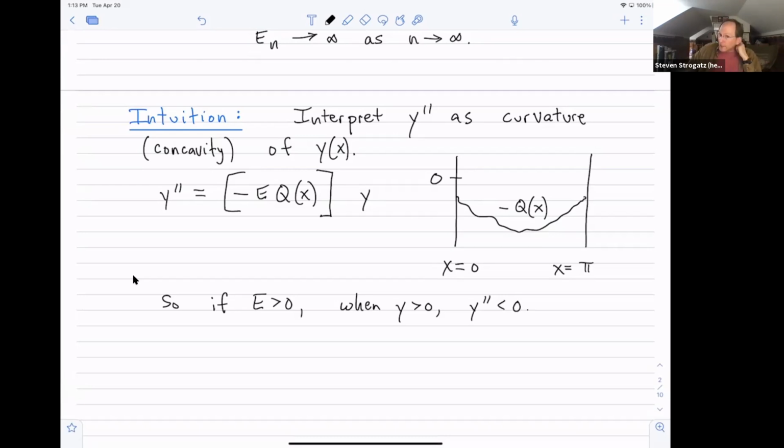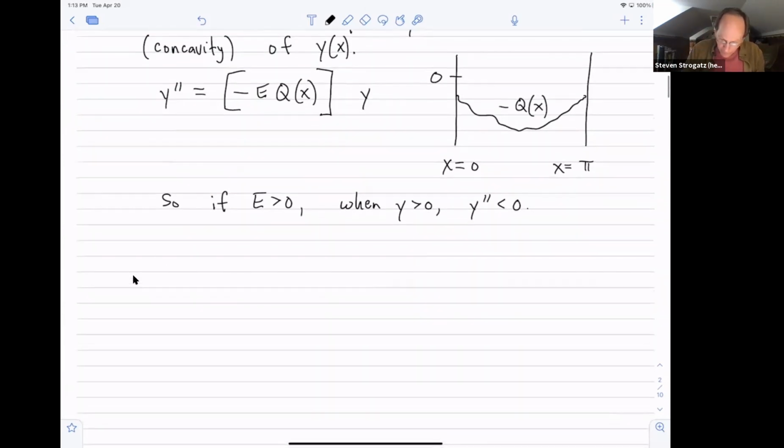Right? In other words, when y is above the axis, y double prime is negative, which means it's going to look sort of parabolic opening downward. In other words, you're curving down when y is positive, and conversely, when y is below the x-axis, you're curving up. So what I'm saying is, you can kind of qualitatively imagine what the solutions will look like